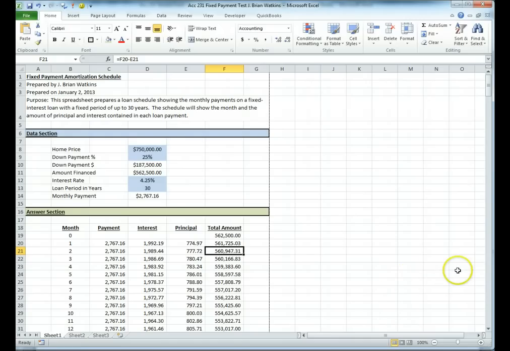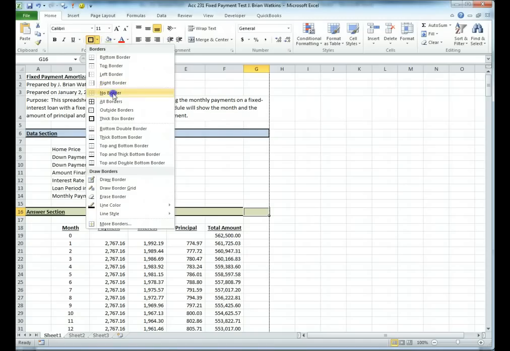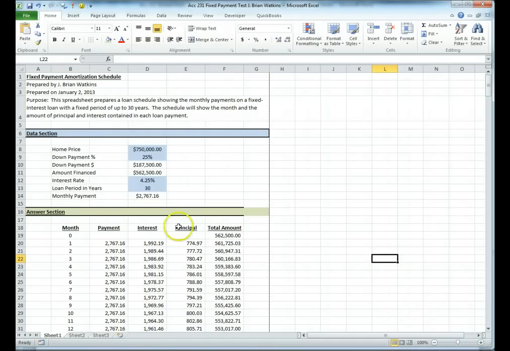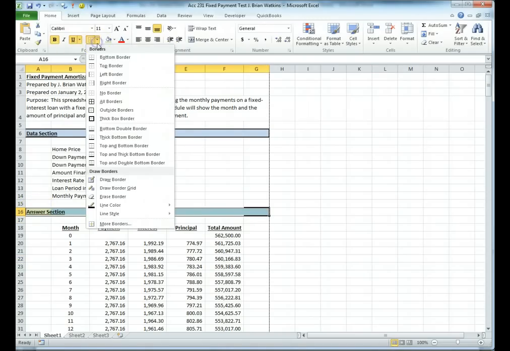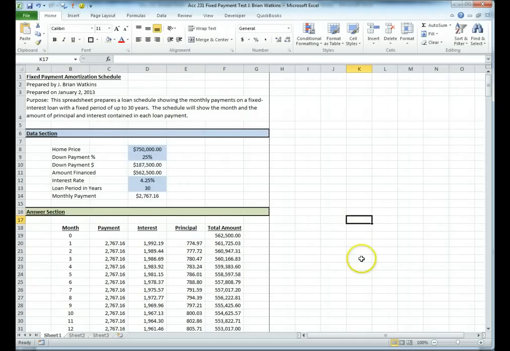For example, let me do one for you. You go through here and you do your border, and oops, I've got a line here. I don't want that line. I want to get rid of that line. Well, what you do is you select that cell, you click on your borders, and you say no border. You erase all of them. Okay, well now, I'm stuck without this border. So now I re-highlight the whole color bar, and I go back to thick box border. Boom, there it is. That's something simple, but little simple things cost you points, and I see students that forget